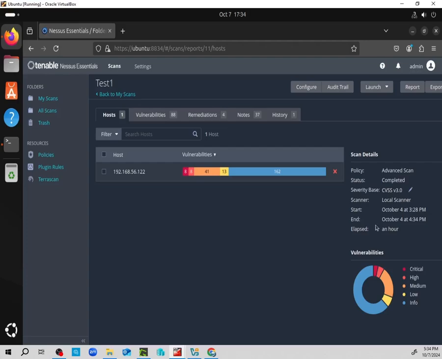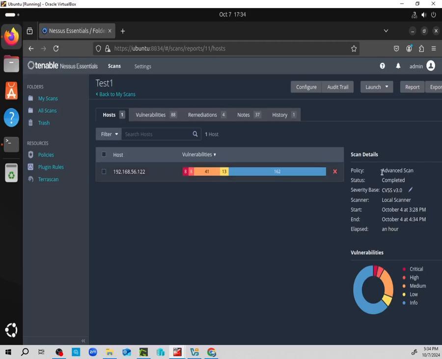So now that we have this, it has various categories. We have critical, we have high, medium, and information. So this tells us we have 8 critical issues, we have 8 high issues, 41 medium, 13, and 160